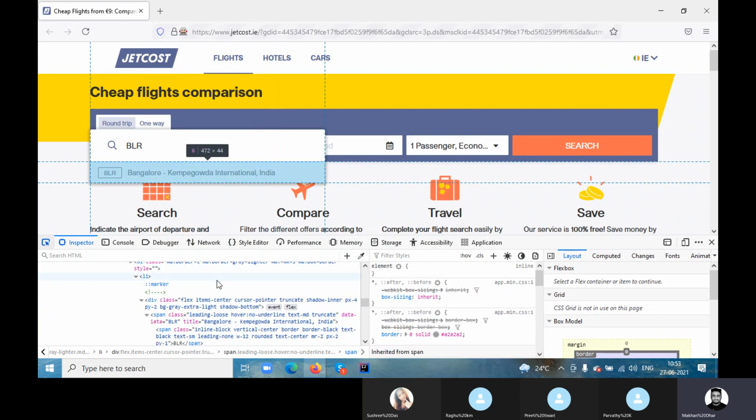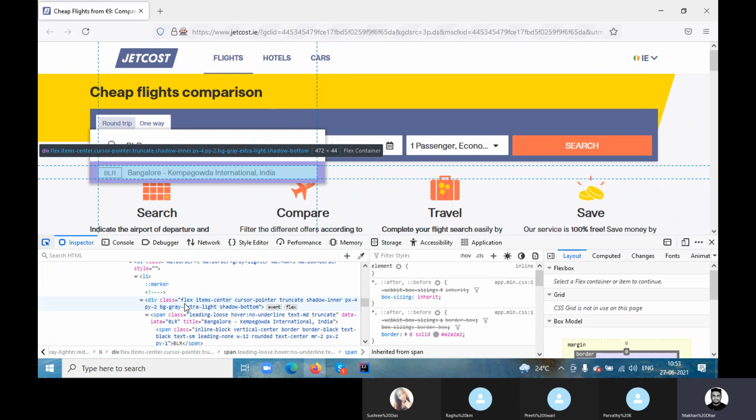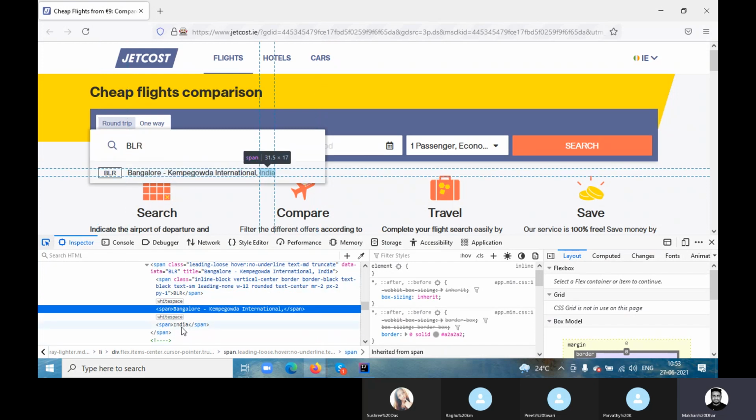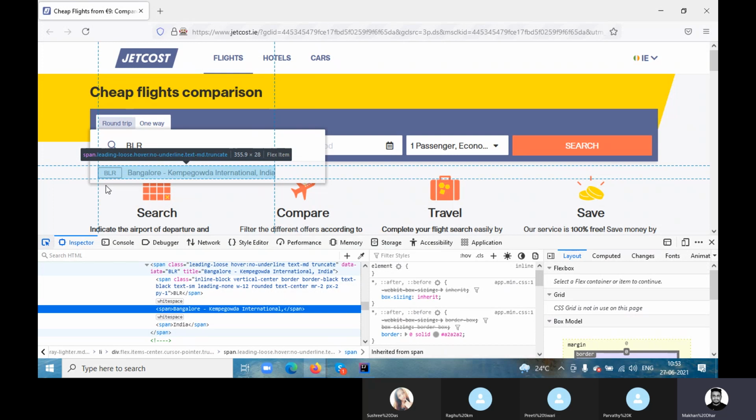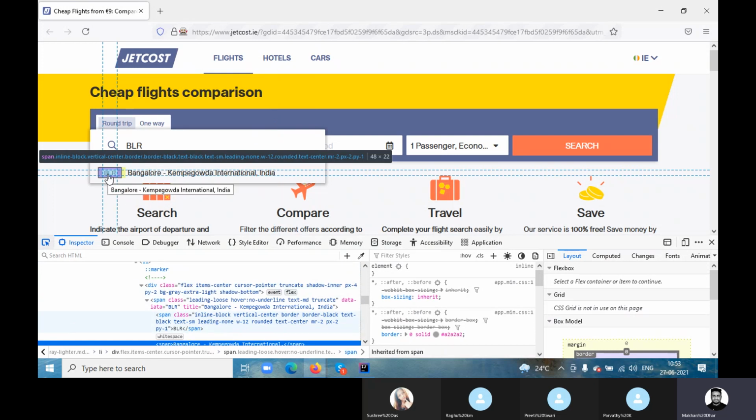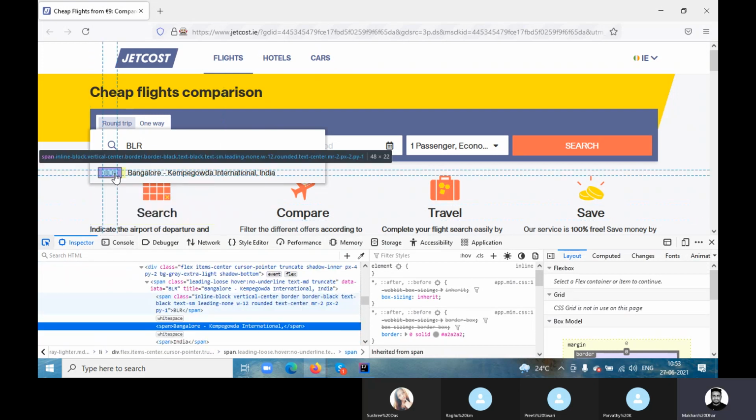You can see one thing, this entire page comes under what? Div, right? Div class. This is the entire page. But you can see India, it's coming in this. If I select Bangalore, it is coming this way. Or if you see the BLR, we'll check with the text method first. Okay, text method, do you remember, guys, I covered it, right? Let's assume there is no attribute, and whatever the text is written, we can create a locator for that.